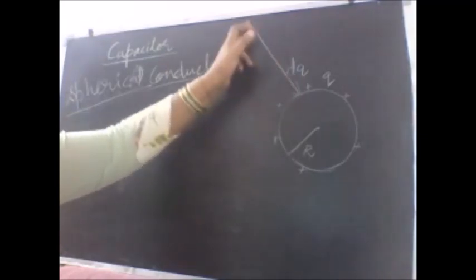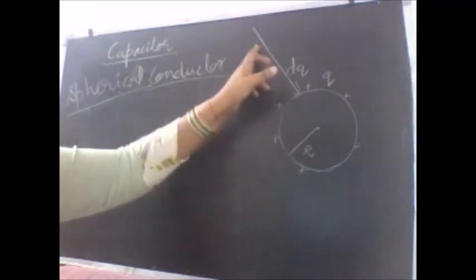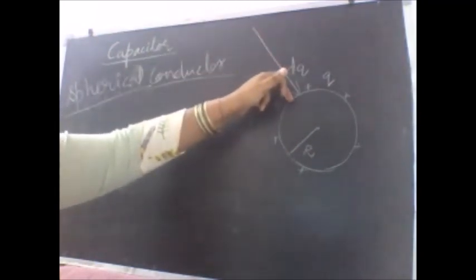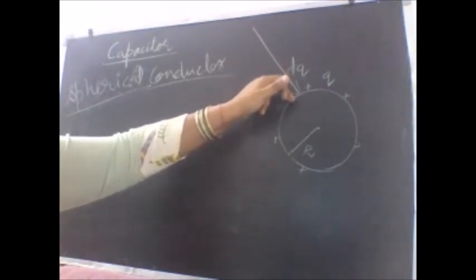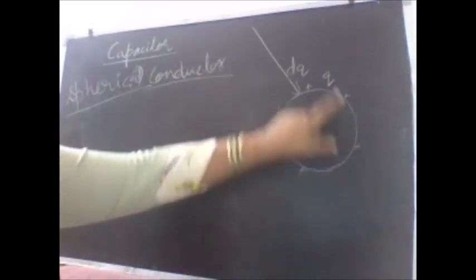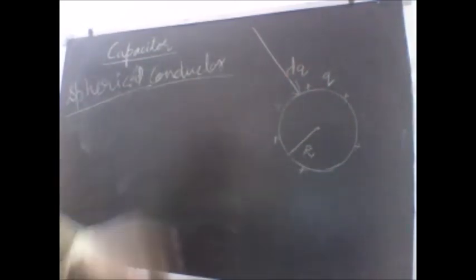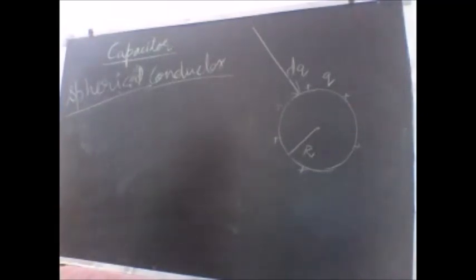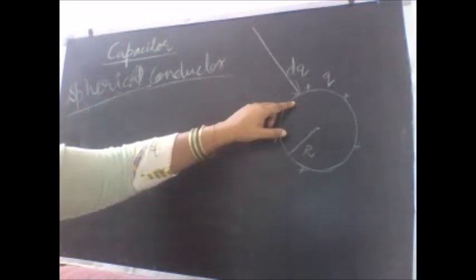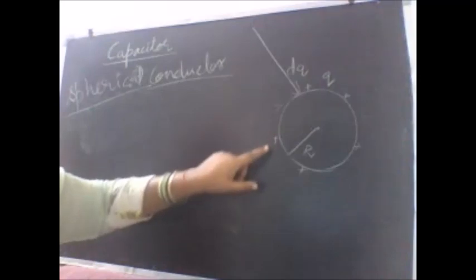The charge that I am going to bring from infinity is positive. This shell too is positively charged, so it is going to repel. But I am doing work in bringing this charge to the surface against that force of repulsion offered by this spherical conductor. So I need to find out how much work I need to do, because the amount of work that I need to do in bringing the charge to the surface will be stored in the form of potential energy.